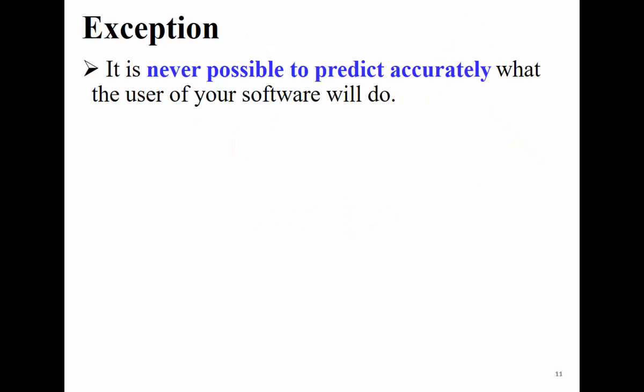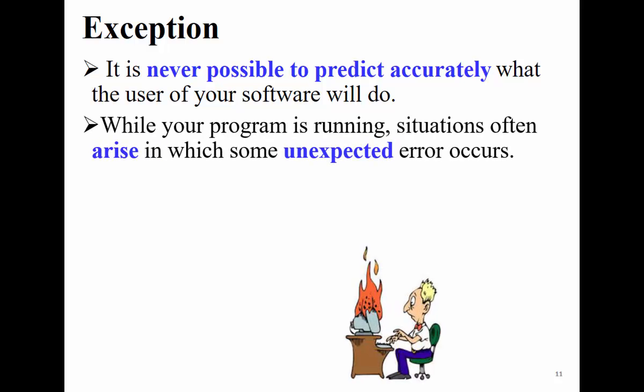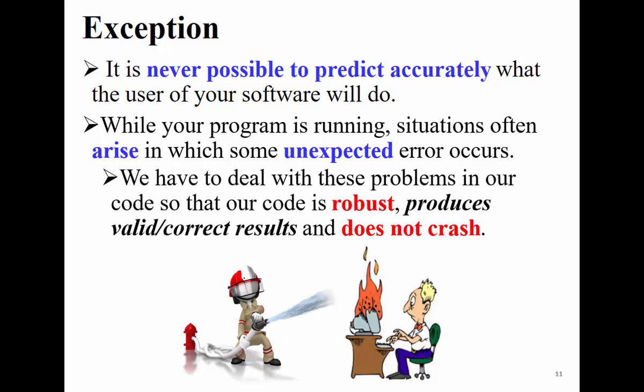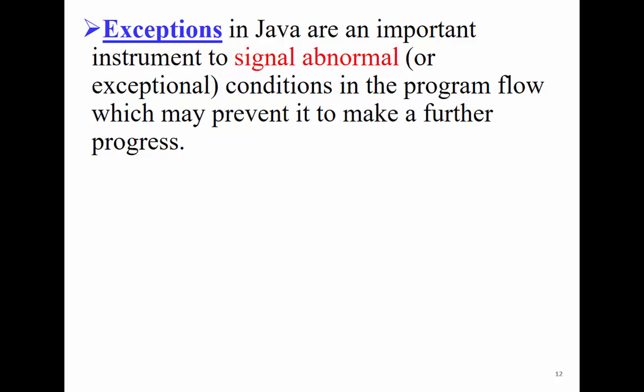Now back to the main topic about exceptions. We discussed last time that it's never possible to predict what is actually going on in your programs. And sometimes you will have an unexpected error that makes you disappointed about why this app is not running. But we have tools in Java to catch this error and try to handle this error before it is received by the user who is using your app.